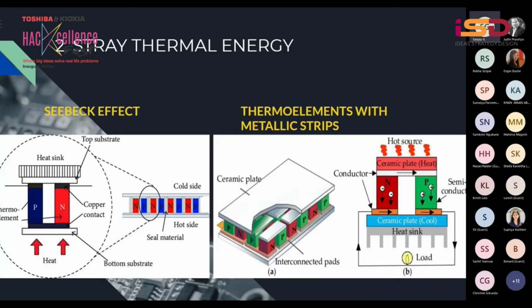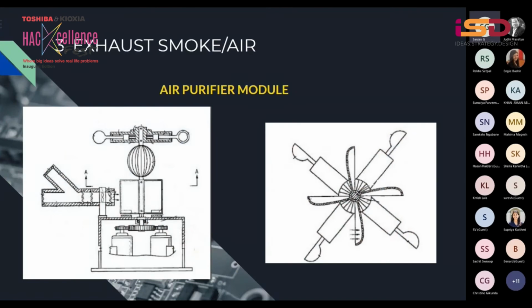It also harvests energy from the exhaust air which comes from factory chimneys as well as vehicle exhaust, using an air purifier module with the help of shafts, magnet, and rotor blades. And electromagnetic radiation, especially focused on radio frequency